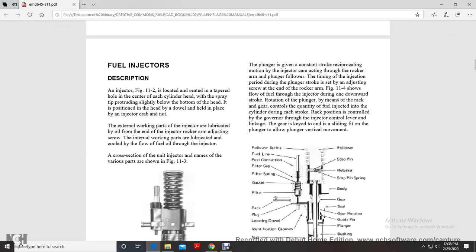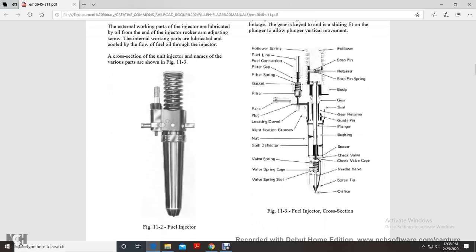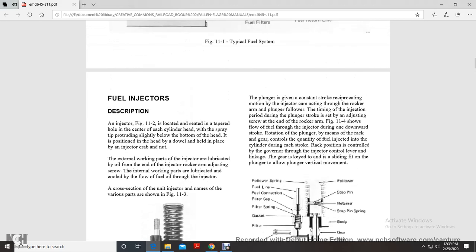The cross-section of the unit injector names the various parts, shown in figure 11.3. Figure 11.2 shows your fuel injector. Alright, the plunger is given a constant stroke reciprocating motion by the injector rocker action, acting with the rocker and plunger follower, with the timing of the injection during the plunger stroke adjusted by the